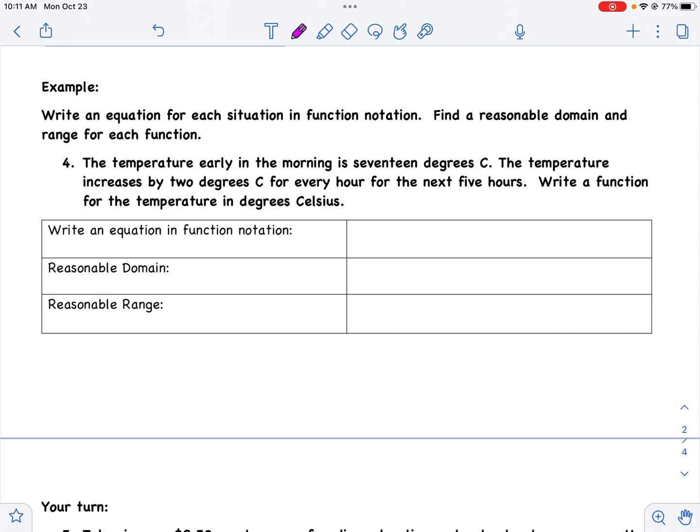So first of all, you have to decide on a variable. So the first variable that I might decide on would be T for temperature and then H for hour. I'm going to do T or C for Celsius if you want. Either one is fine. Just pick one to go with. So I'm going to write: your input is your hour. That is your X value. So it is C of H is equal to